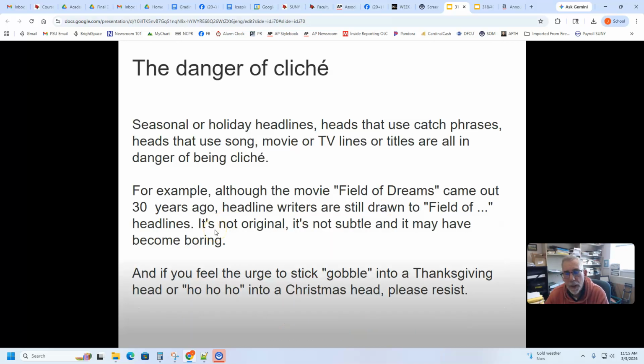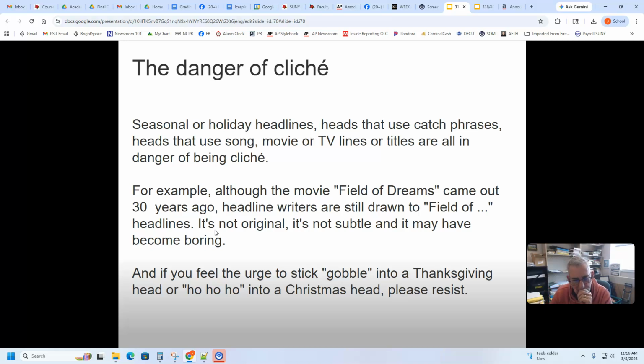Danger of cliche, right? So using song, movie lines or titles. Some of these are a little older. You could come up with a bunch today that have to do with the movies and songs that you see used as cliches. You know the movie Field of Dreams, which is also "If you build it, they will come." That idea, or Field of Dreams, Field of something. That movie is 30 years old or more, probably. Who knows? But people use that idea in headlines all the time, like the "a few good men" idea,